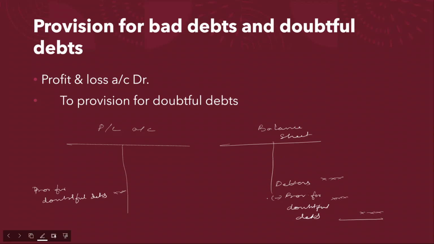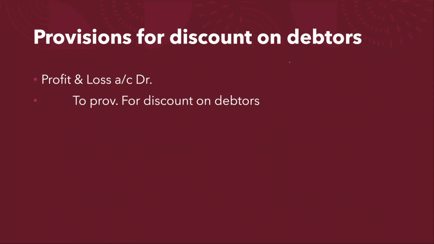Okay, so next one is your provision for discount on debtors. Now discount on debtors is provided for those debtors for early recovery of money. So basically we have to plan this provision from where? From our profit and loss. So whatever the net income, from where we will plan this much amount for that discount which we are going to provide for the debtors for early recovery of the money. So the entry is profit and loss account debited to provision for discount on debtors.